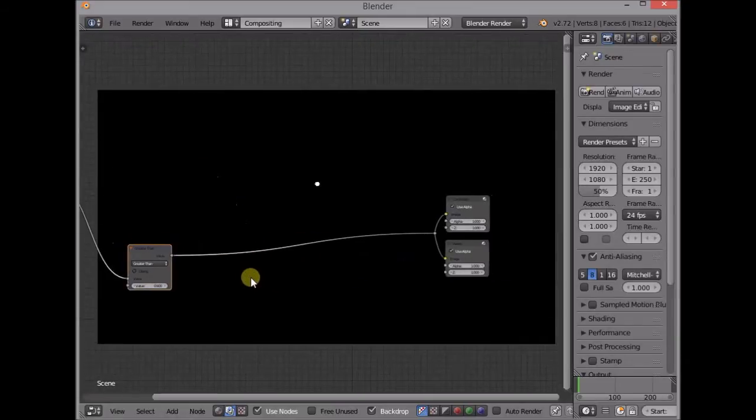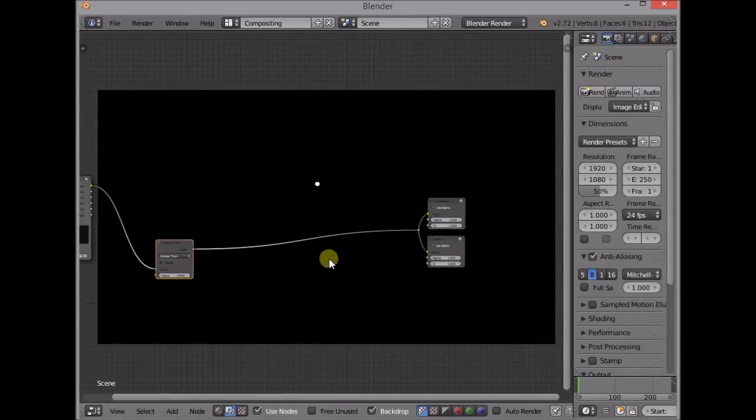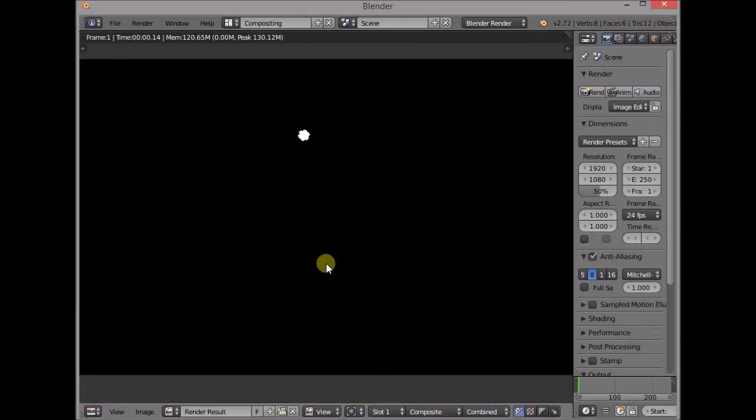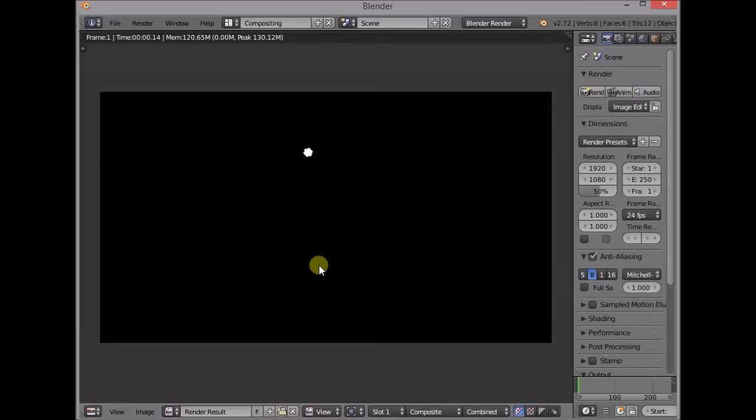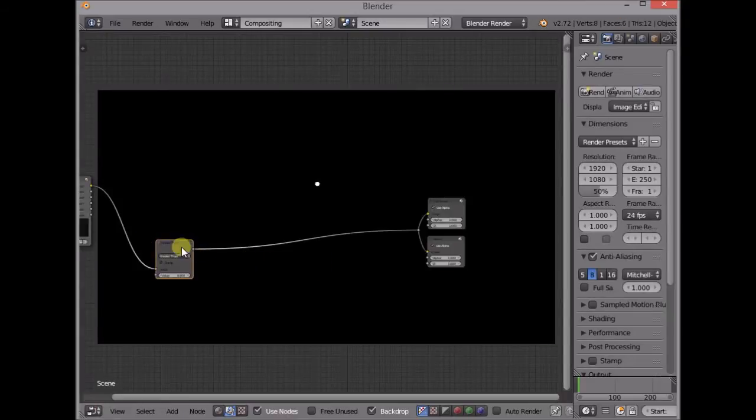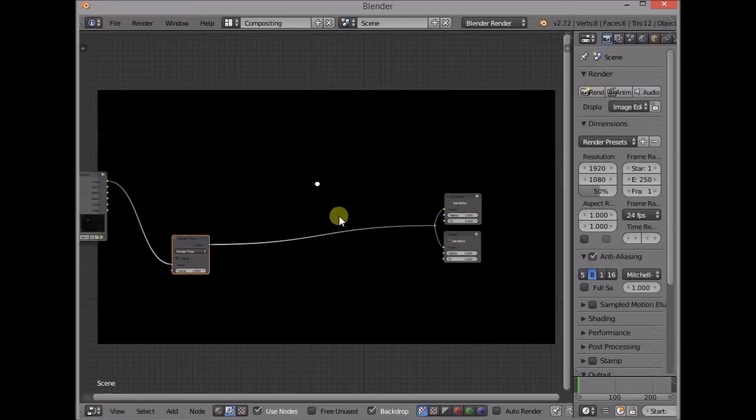So now this is black. If we try to render this, I'll just hit F12 for a quick render. We just see this black. Why is that? Well, this is running through the greater than. This footage is being turned into this. A way to get past that